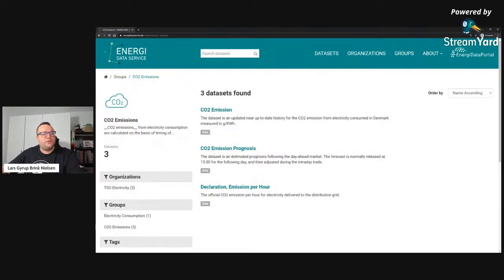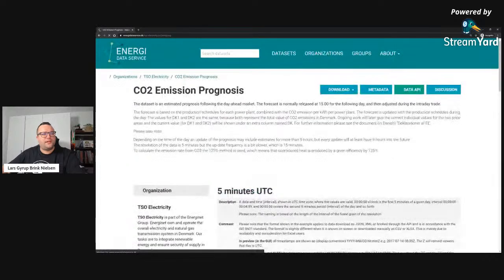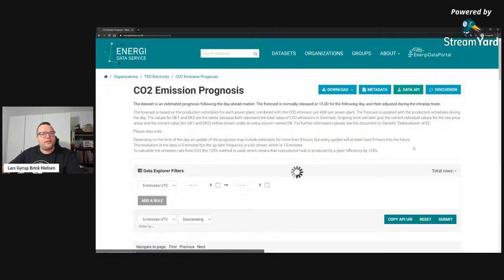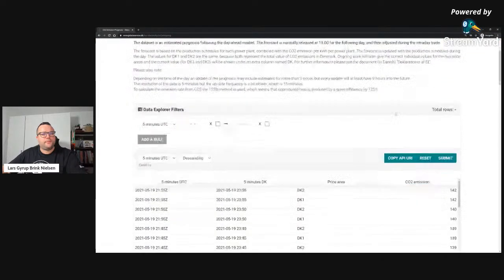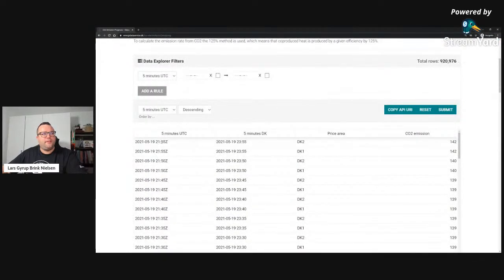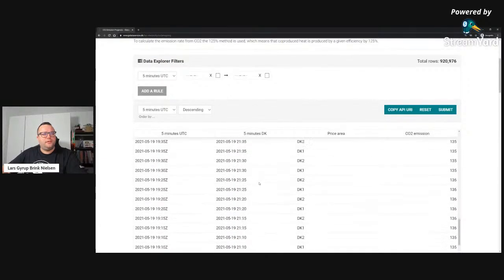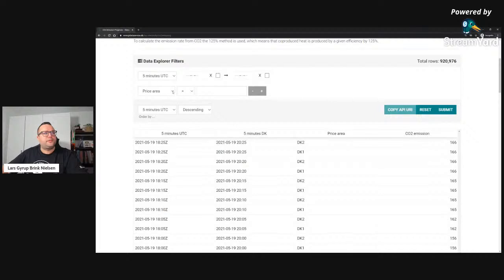This is what I want to look at, this data set, the CO2 emission prognosis. So that's the forecast of the CO2 equivalent emissions in the Danish power grid. So we can see right now we have data until, including tomorrow and all the way back to, I think, 2017. But yeah, this is the forecast. So I'm interested in today, which is the 18th of May. It will be somewhere here. We have two